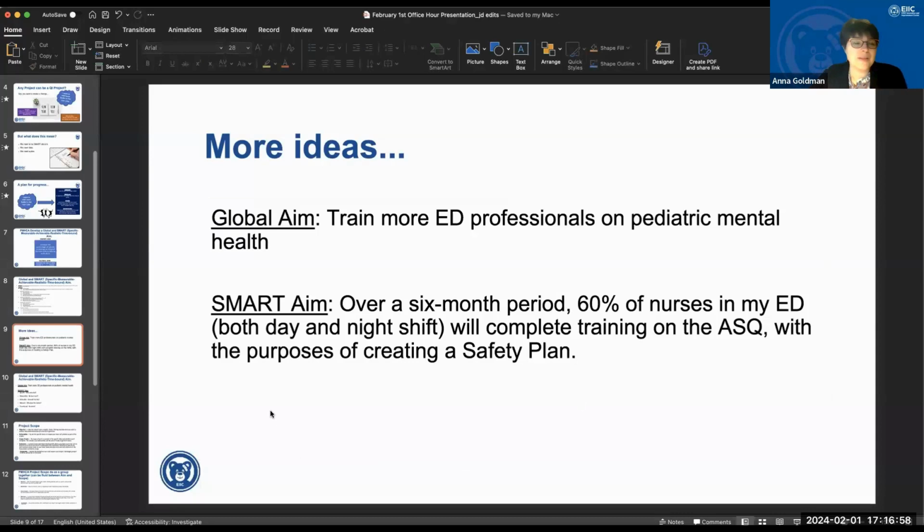And also, just to piggyback on this, remember those things we talked about, not to overwhelm yourself, the milestones, right? For each milestone, you may have a SMART aim. So how do we eat an elephant? One bite at a time. That helps to chunk it up into smaller chunks of work and milestones.